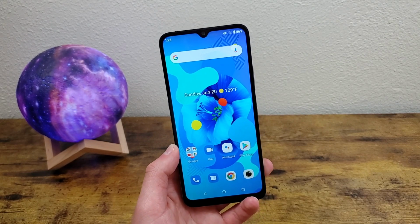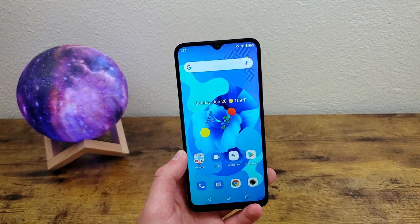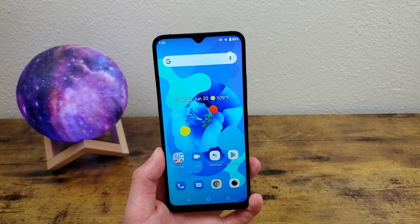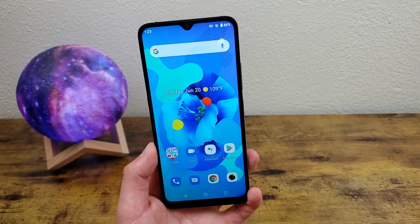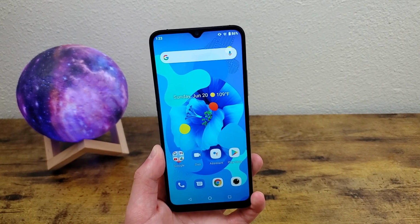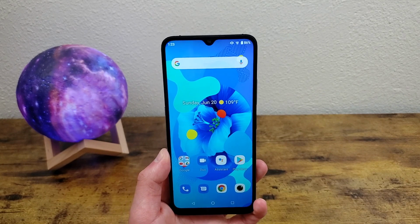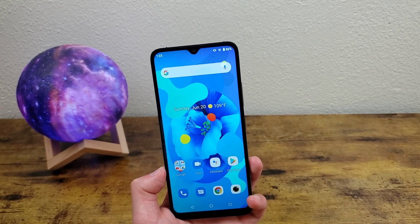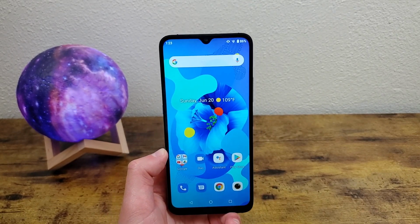My third reason to buy the Umidigi A11 in 2021 is the large display. This phone has a 6.53-inch LCD display with a resolution of 720p, a PPI of 269, and an aspect ratio of 20:9. So while the actual quality specs of the display leave a little to be desired, preferably an IPS LCD is better than a regular LCD, and the overall quality of the image isn't the best,